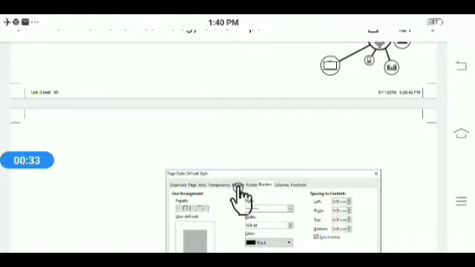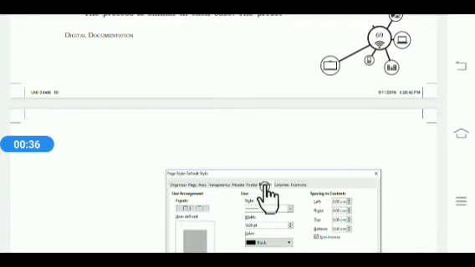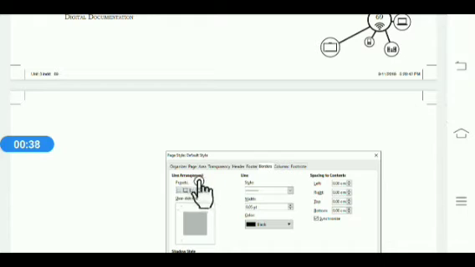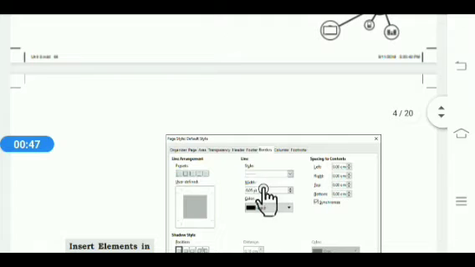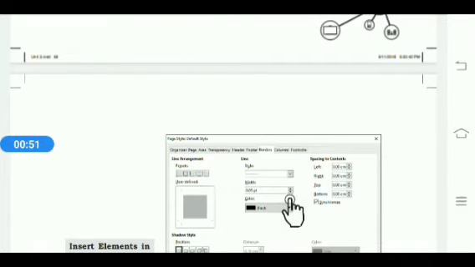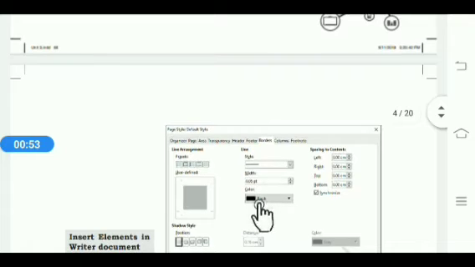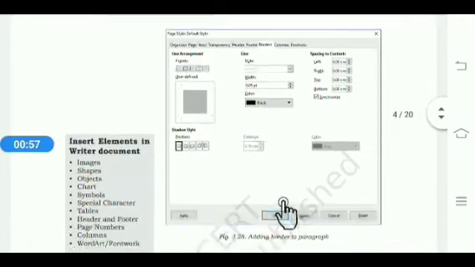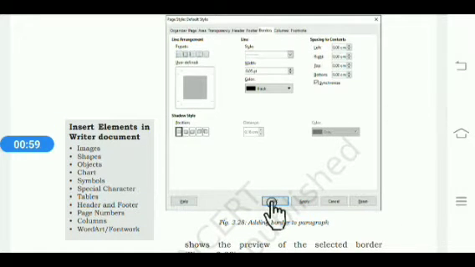Then click on the Border tab, then under Line Arrangement select the required border, then select the border line style in the Style drop-down box, then select the border width in the Border Width box and select the border color in the Border Color box. Then after selection, click on OK.